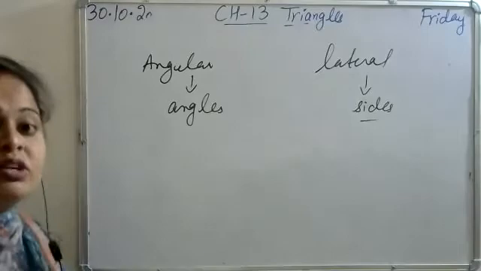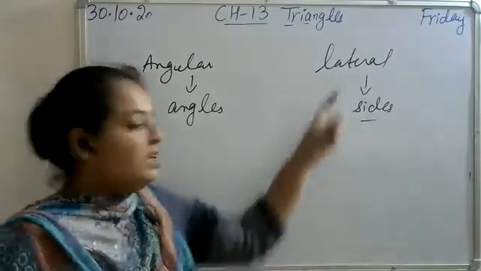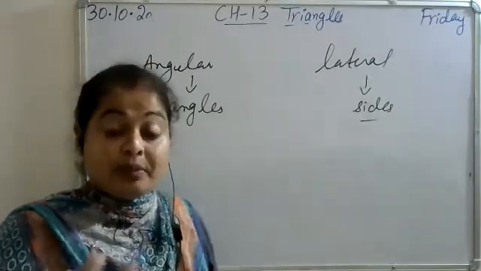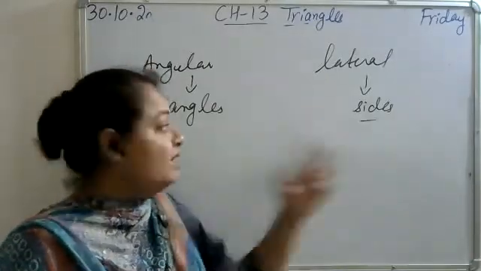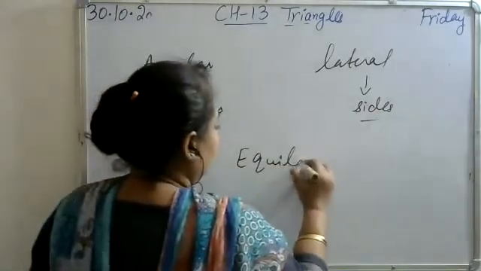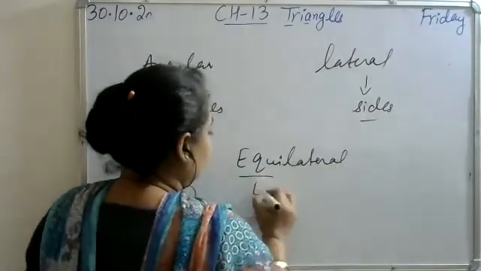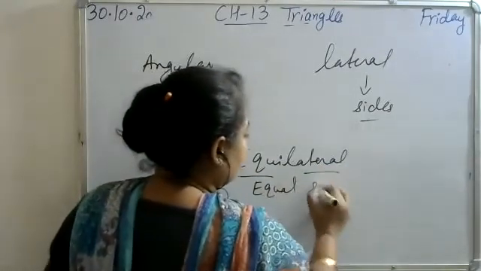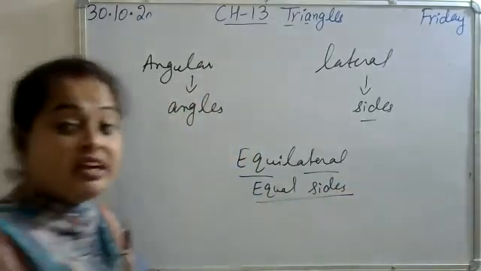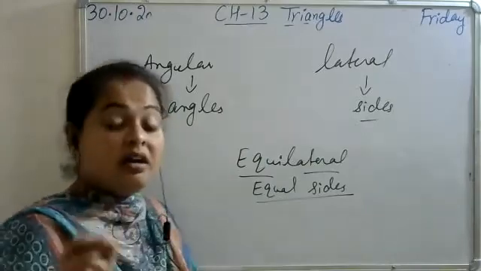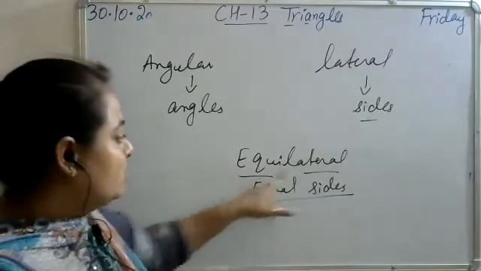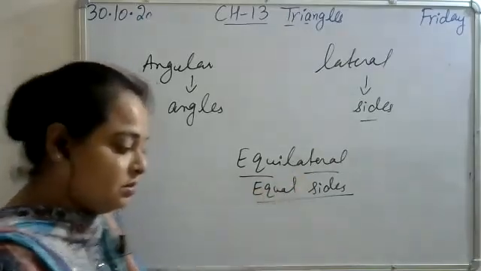बेटा आपको नॉलेज होनी चाहिए, अगर आपसे कोई पूछे ये इक्विलेटरल क्यों लिखा है, क्या मीनिंग है लेटरल का, तो आपको पता होना चाहिए this lateral word means sides, that's why equilateral. Equilateral means equal and lateral is sides, equal sides. In maths each and every word has meaning. हर एक वर्ड का मीनिंग है, विदाउट मीनिंग कुछ भी नहीं है. So equilateral, equal sides.